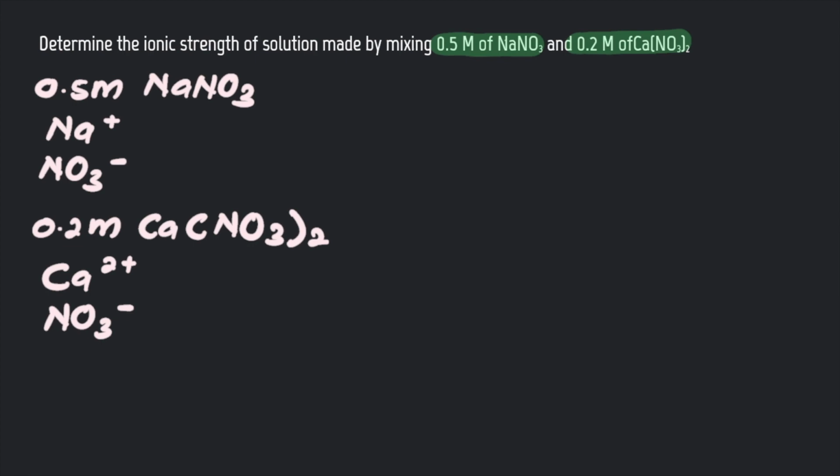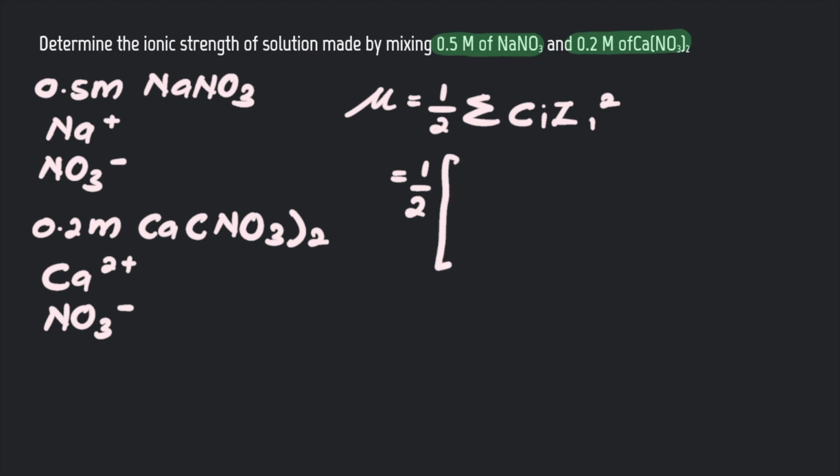Okay, so in order for us to find the ionic strength, it is equivalent to half times the summation of the concentration times the charge on the ion squared. Okay, now we're going to do it one by one. So half times, we're going to start with this one first. So the concentration is 0.5. And then we're going to start with sodium. So this one